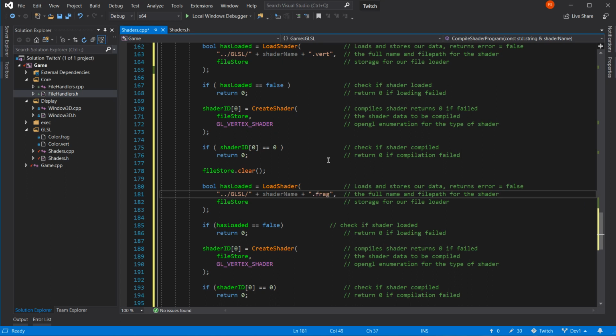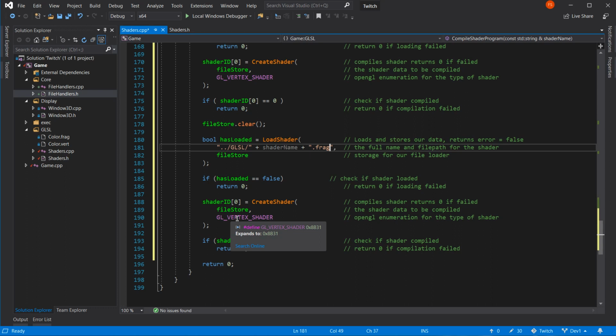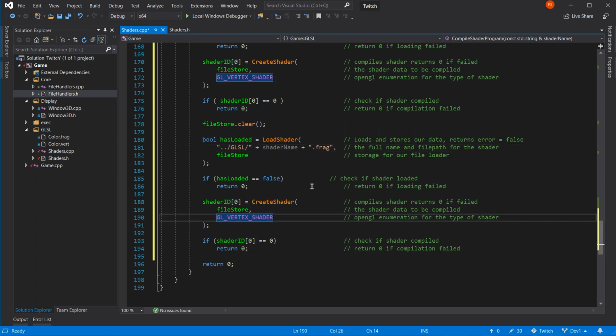Fragment, please. Can we have a fragment shader? The answer's probably yeah. Can use file store again. Has loaded, false. Create shader. Whoops. No, just the middle bit, please. That turns to a fragment shader.